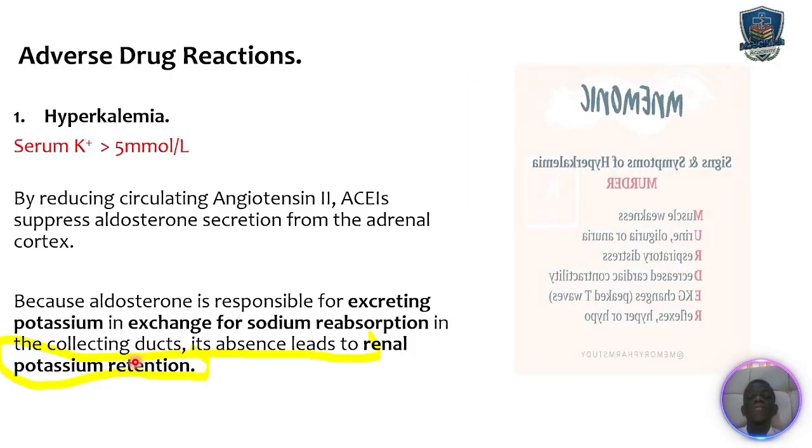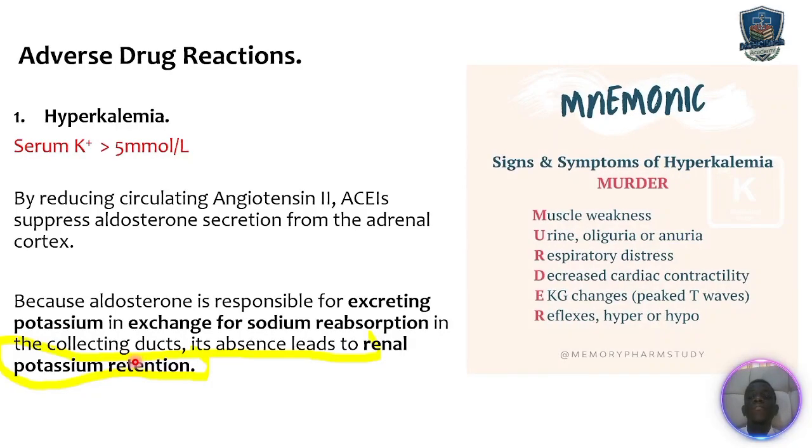And for those who don't know some of the signs and symptoms of hyperkalemia, number one, the client may present with muscle weakness, or there may be oliguria or anuria. There will be respiratory distress and decreased cardiac contractility. There may also be EKG changes, peaked T waves. If you see the EKG reading, you may see peaked, tented T waves, but also a wide